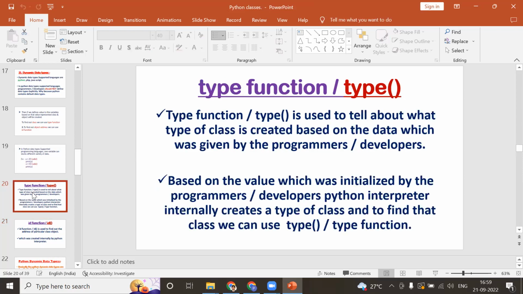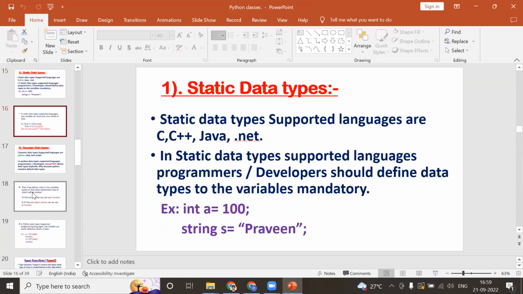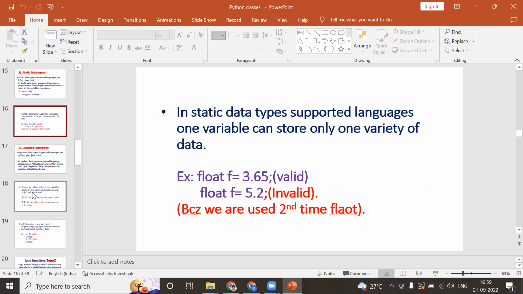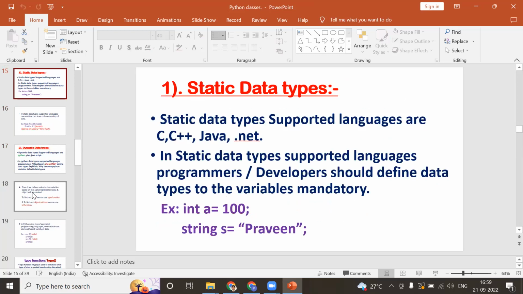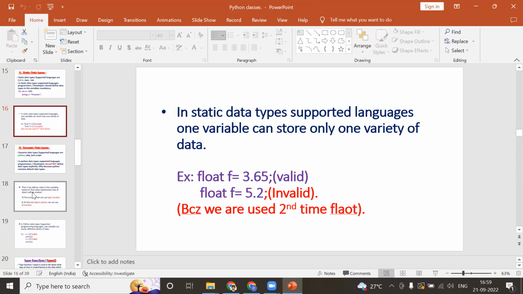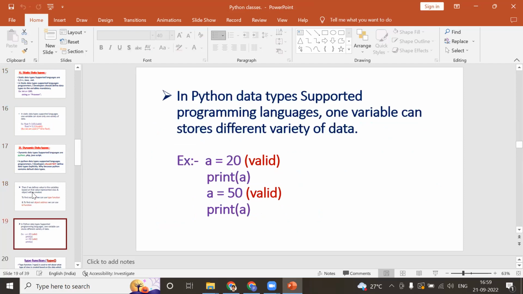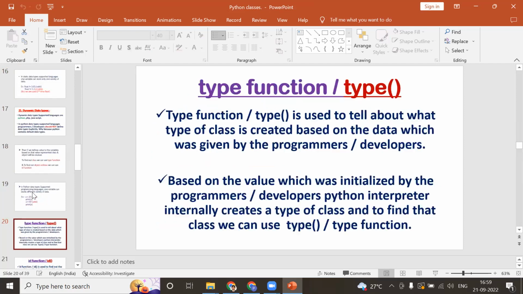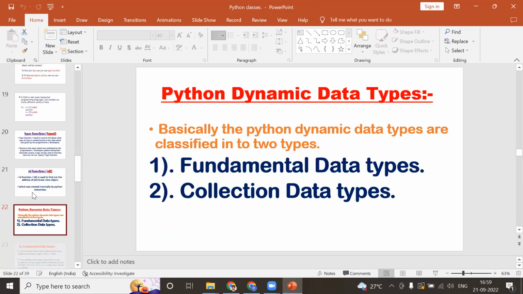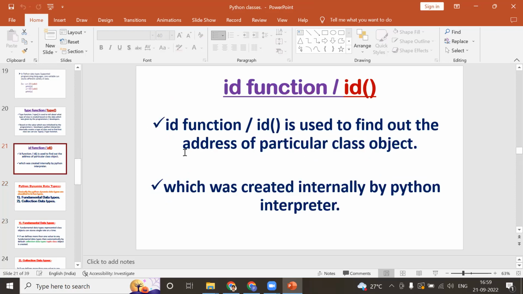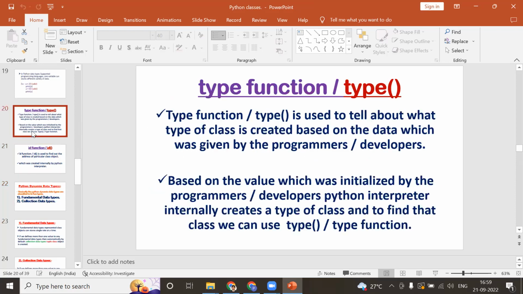Okay, I hope the types of data types are clear: static data types and dynamic data types. In static, we mention the data type before the variable, and the same variable could not be used for other types. In dynamic, it is valid without mentioning the data type, and you can use the same variable for a variety of data; it is acceptable. This is dynamic data types. Okay, so it's the type function and the id function. If you want hands-on experience of how to find these data types, static and dynamic, using the type function and id function,